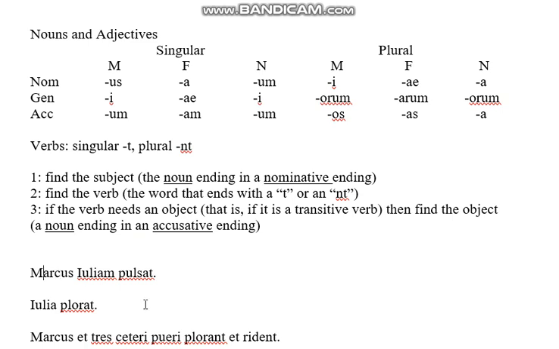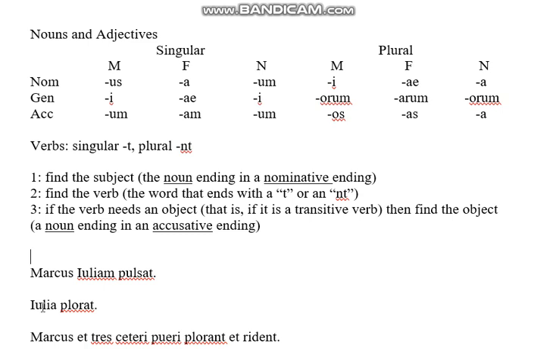What is the verb? The verb is pulsat. Now, pulsat means to hit. Does hit need an object? Yes, because it doesn't really mean anything if you're hitting nothing. Even if you're punching the air, you're still punching the air, so you're never punching nothing. So it needs an object. All right, well, we only have one word left in the sentence, so we know Iuliam is going to be the object. But even if there were other words in the sentence for whatever reason, we can see that the ending is one of the accusative case endings,